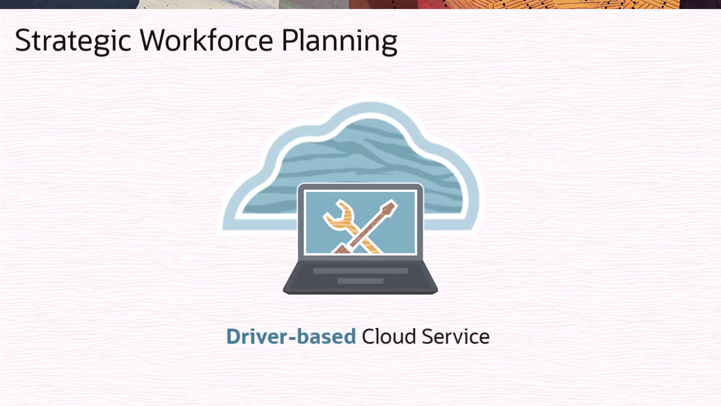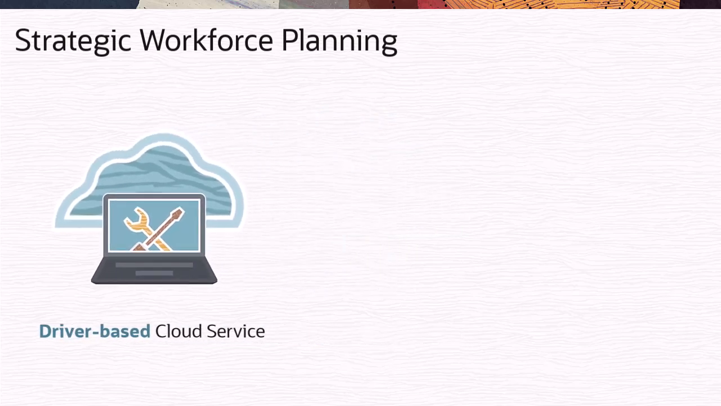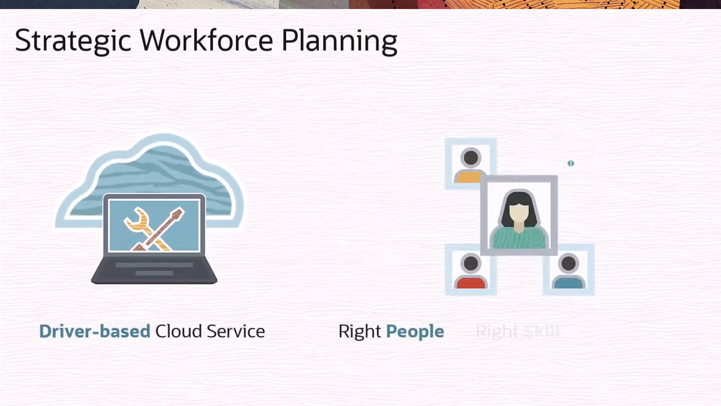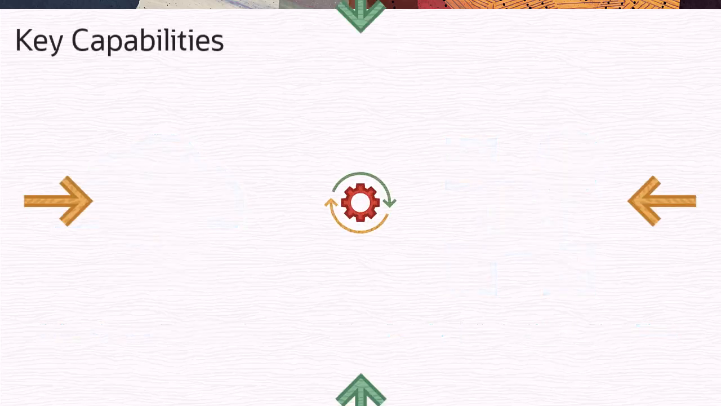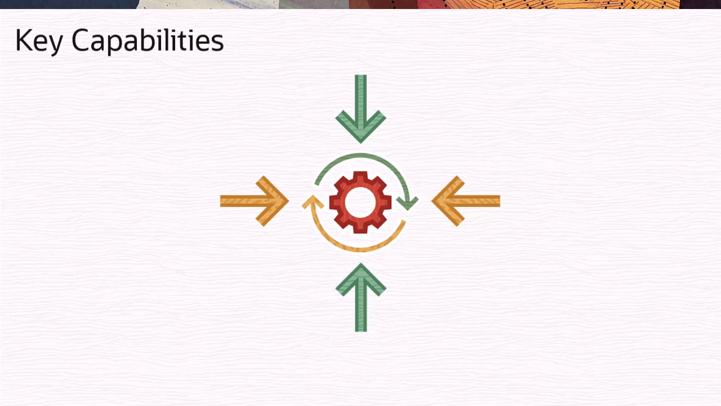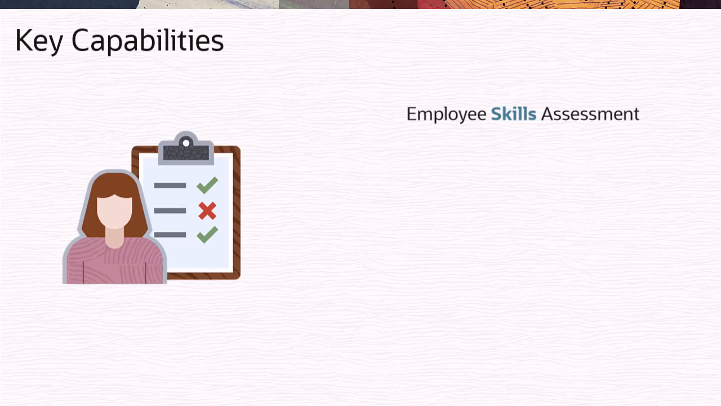Strategic Workforce Planning is a driver-based cloud service that helps human resource executives and stakeholders ensure they have the right people, with the right skills, at the right time, to achieve their strategic objectives. You can align daily operations with strategic goals using the following: detailed skills assessment to rank employees by provided and